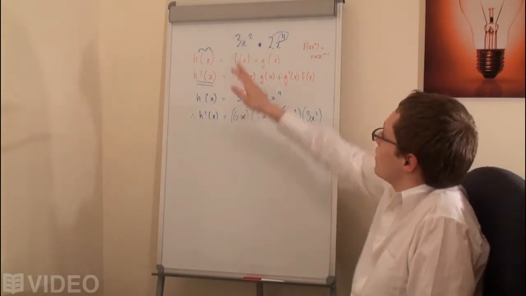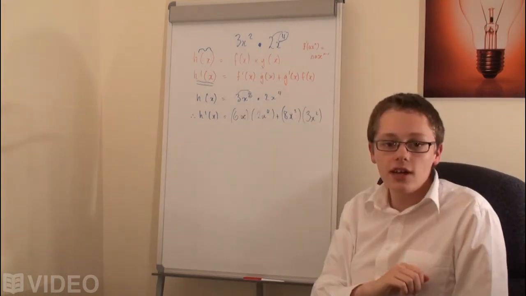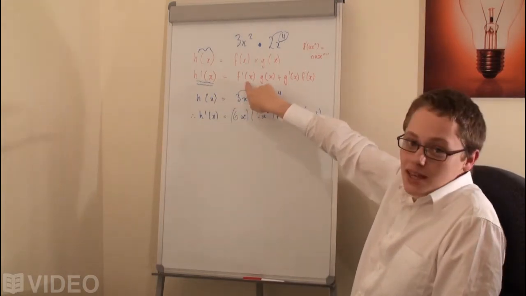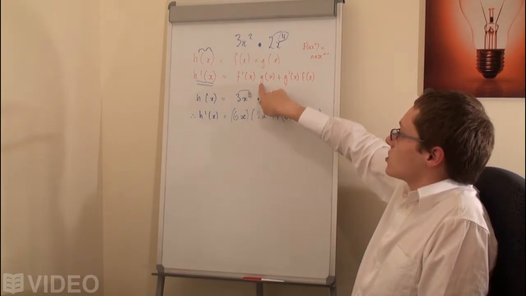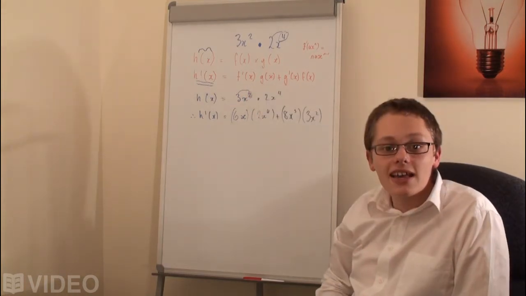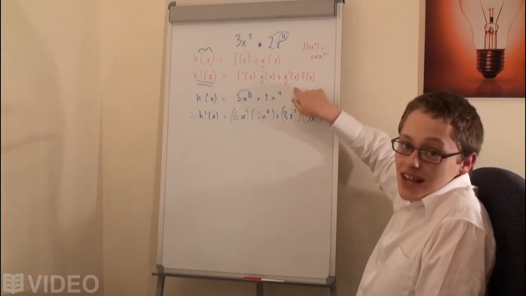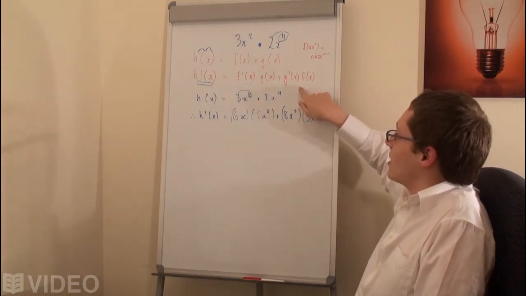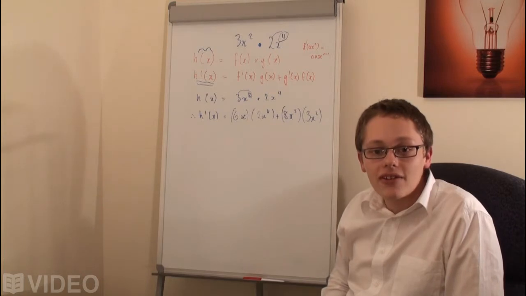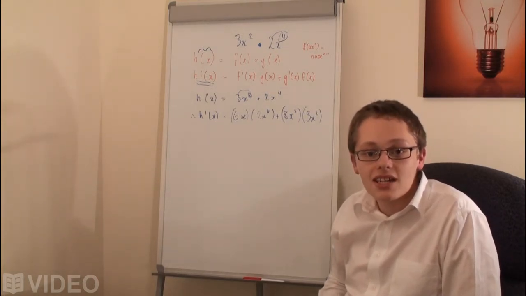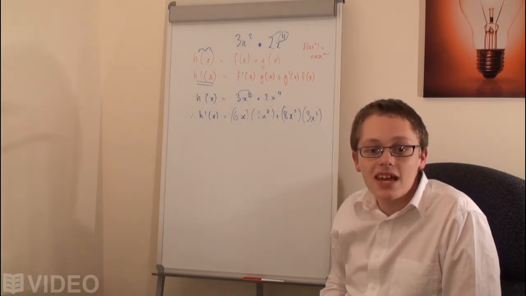And that's the product rule in a nutshell. If you have these two algebraic terms multiplied by each other, then you just follow this general form. The first term gets differentiated and then multiplied by the second term as it is. And then on the other side it swaps around, so the second term gets differentiated and the first term remains how it is. Again, remember that all the terms must be differentiated and they must appear once in their normal